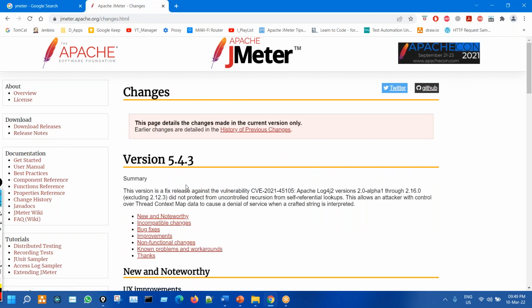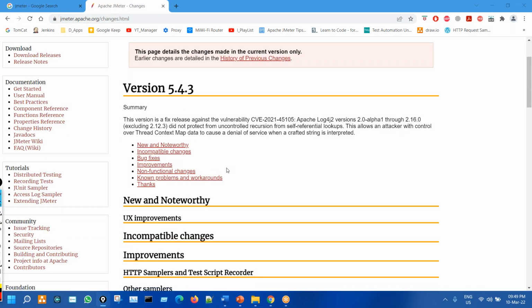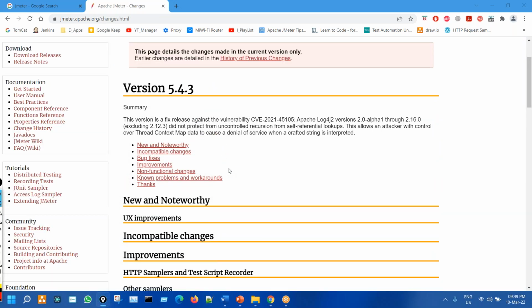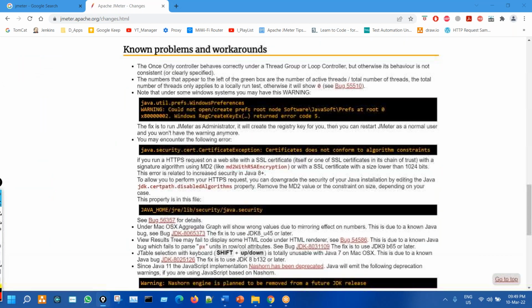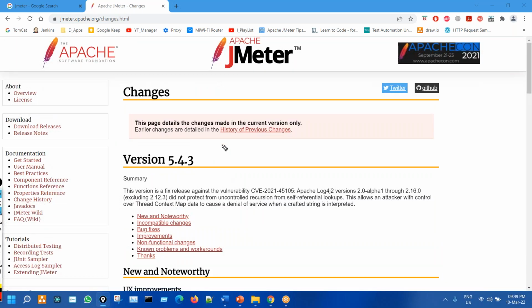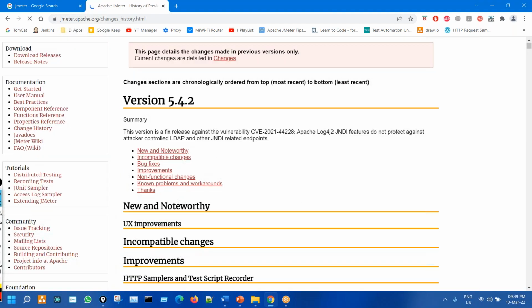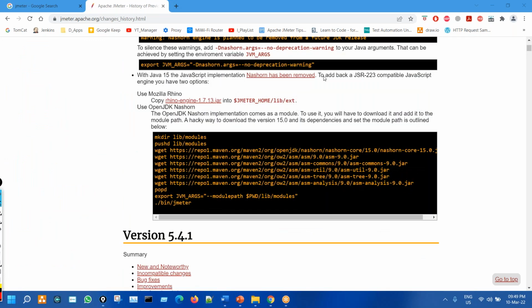If you go there, so let us say in 5.4.3, what changes have happened, you'll get here, correct? Some changes, because in every version some changes will be there. Let us say in previous version, what will be the changes? So if you click here, in all previous versions, like in 5.4.2, what was the change, right? Then like that, from the beginning till now, whatever all the versions are there,